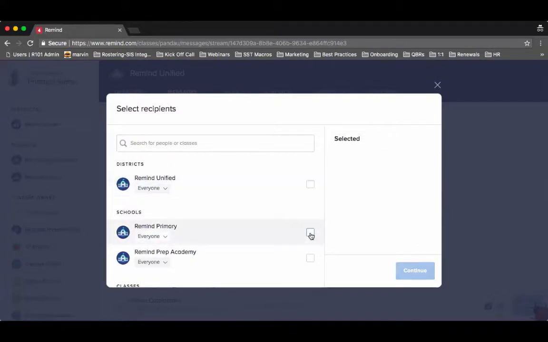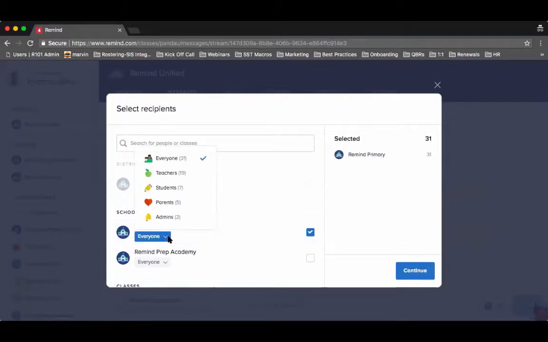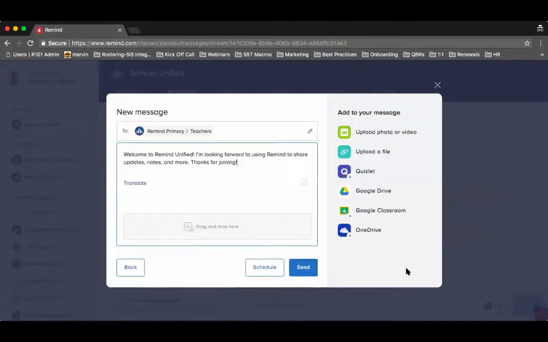So let's say I want to send as a principal to everyone in Remind Primary, but I'm actually going to select a specific role and I want to send my message just to the teachers. I can select that, press continue, and that's going to be an announcement that goes out to all of my teachers. But as a reply